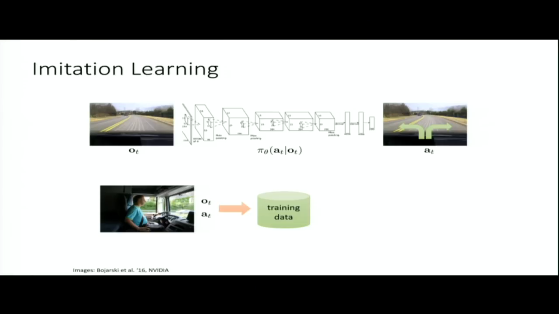So they're driving their cars, continuously recording the O's and the A's at every time step at some fixed frequency, and that's your training data, that's your data set. And then you're going to take this data set and use it to train this network that looks at an image and outputs a distribution over actions, a distribution over steering commands and gas and brake commands.